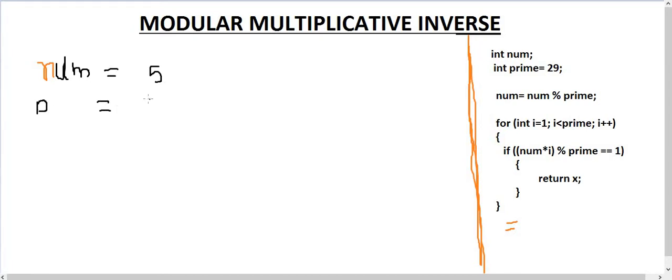You have to iterate through the loop until num into I, the ith value which is less than 29, returns a value of 1. This is a very long method which takes very many iterations.